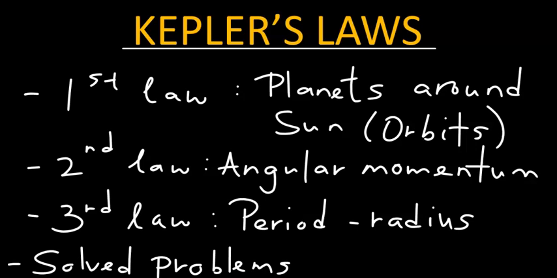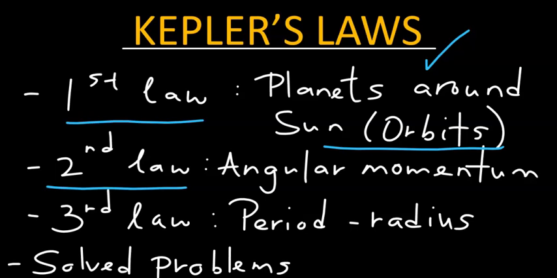In this video, we will talk about Kepler's laws. We will explain the first law that describes the motion of planets around the Sun in elliptical orbits. We will then talk about the second law that is associated with the angular momentum of the planets going around